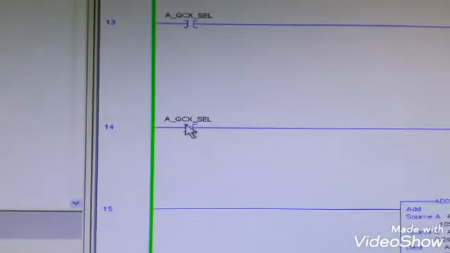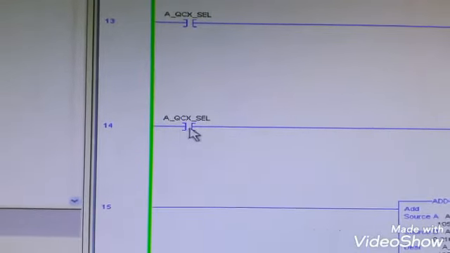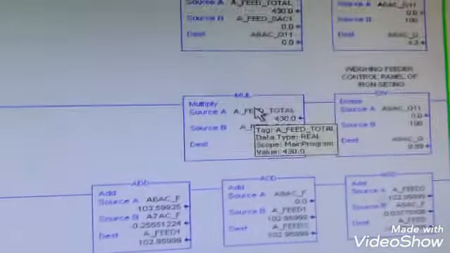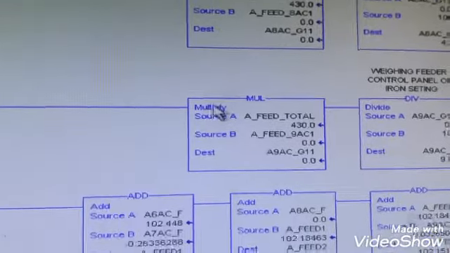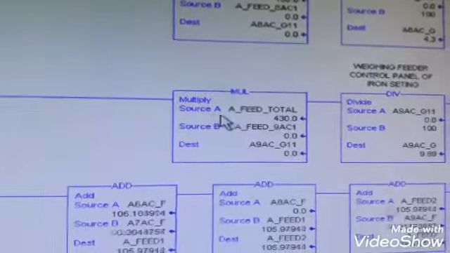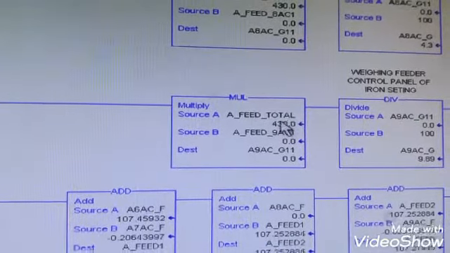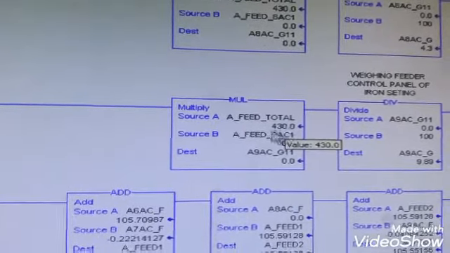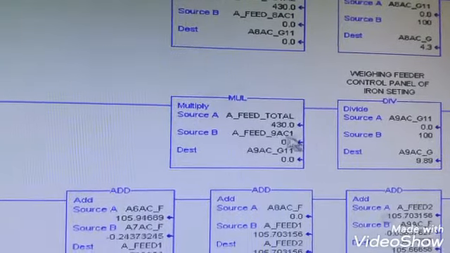We are using here a normally open DI. Here you can see a QCX, which is a selection switch on the HMI. So in RSLogix 5000 we can use the multiplication function. As you can see, it's the multiply, and we will use source A, which is a totalizer, and source B is